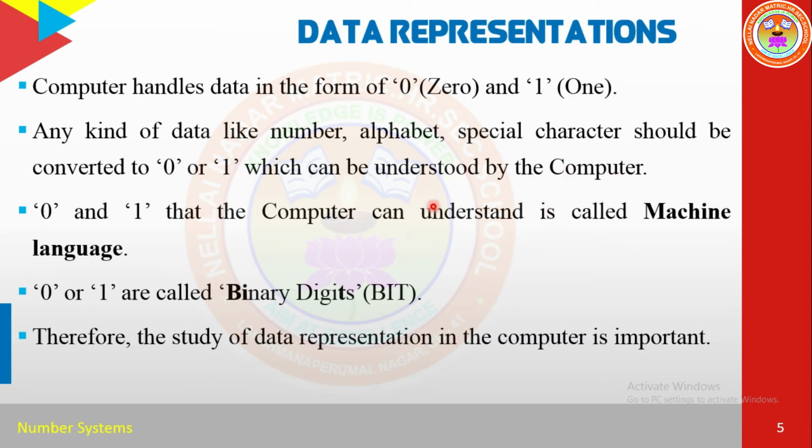Whatever data you feed to the computer, the machine receives it as zeros and ones. These zeros and ones are called binary digits. Bi already means two. What are the two values? One is 0, another one is 1. These two values are called binary digits. Binary digits are simply known as a bit, B-I-T. Where does the word come from? It is from binary digits. In this word binary, the first two alphabets, B and I.